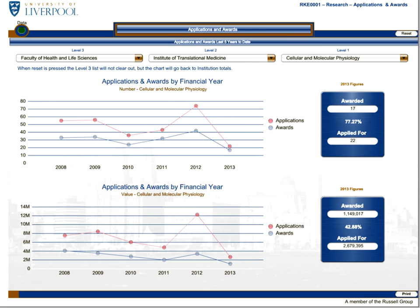As I said previously, we wanted to make sure this system was open and transparent. We consulted widely on the format and the sort of look and feel of the dashboards, so that users could contribute to that and have something that everyone felt was appropriate. People like the consistency because all the dashboards do look similar, and they very much like the speed with which you can drill down from university information down through to faculty, school, department, and even individual in some cases where